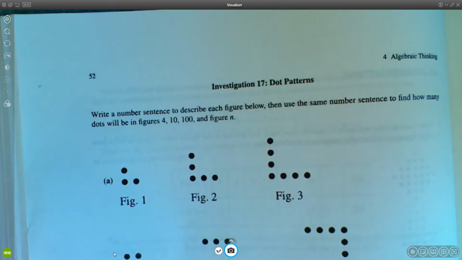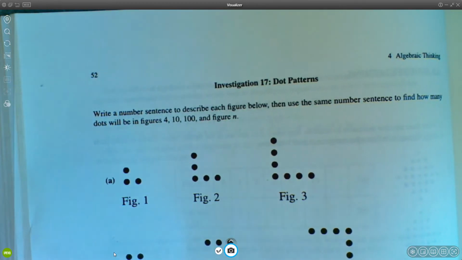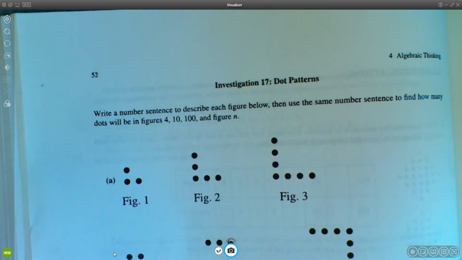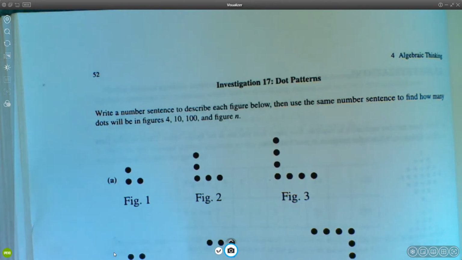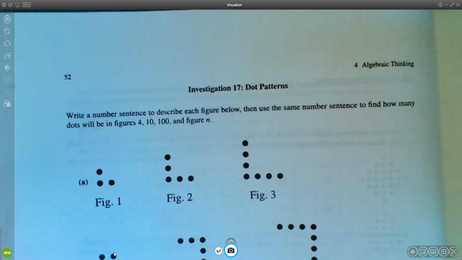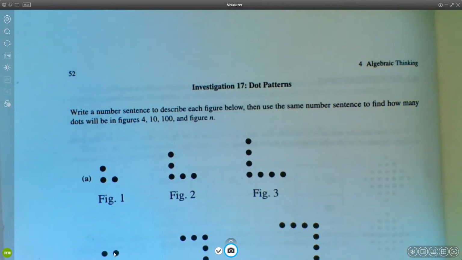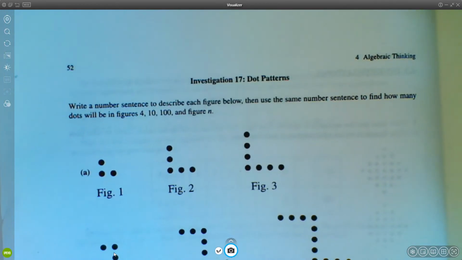The idea here is that we want to come up with a formula that describes how many dots are going to be in any particular figure number, right? So we want to come up with a formula for that, and this is sort of like egging you on, right? It's a way to go about figuring out that formula, right? So before I actually show you one way that we could do this, let me just say that